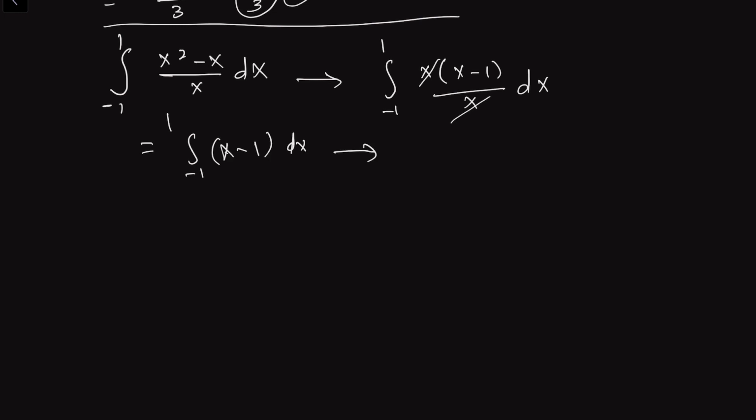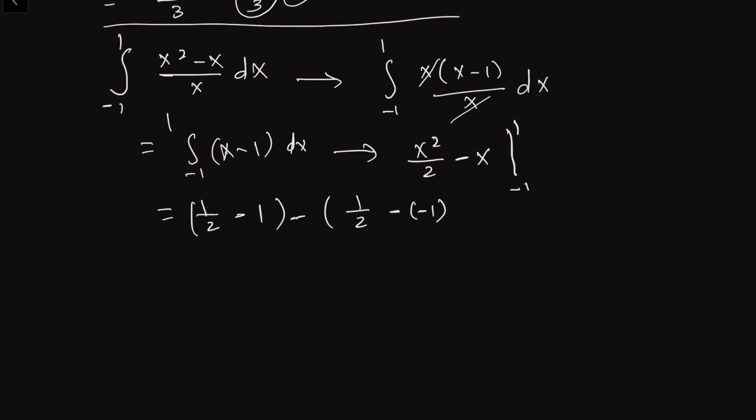So, okay, what's the integration? X squared over 2 minus, what's the integration of 1 is x. And then integrate in the interval from -1 to 1. Okay, let's substitute. X squared, 1 squared is 1 over 2 minus 1, minus second interval. This is the same. Minus 1 squared is 1 over 2 minus 1. Okay, so that will be equal -1/2